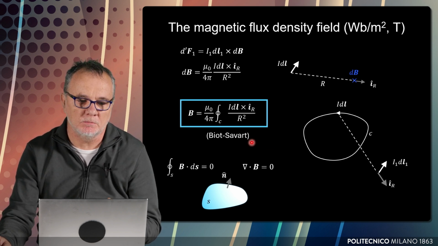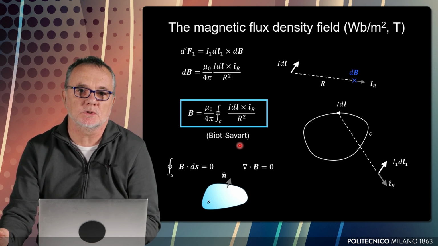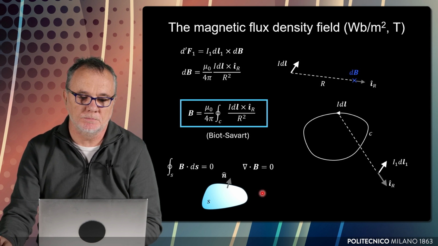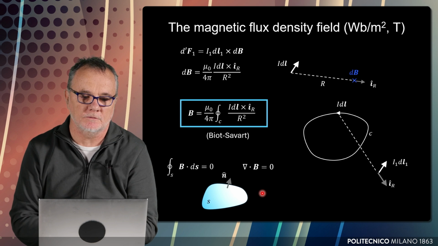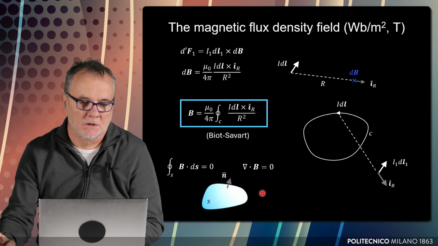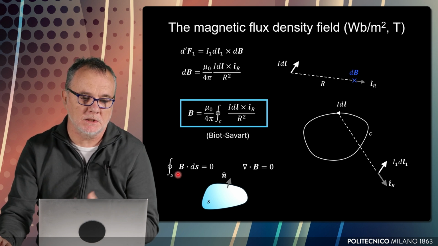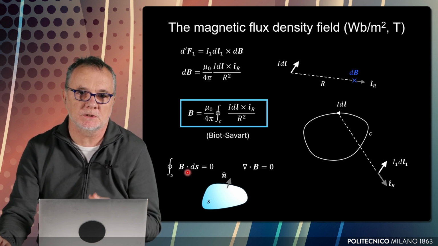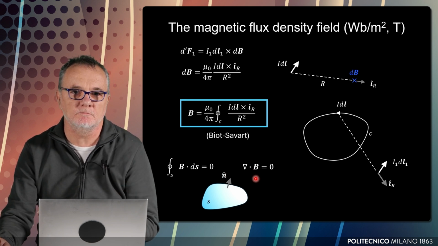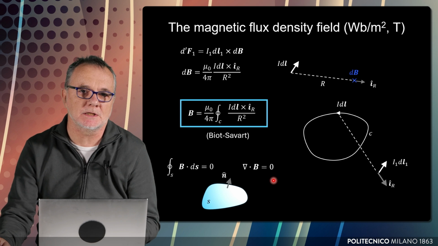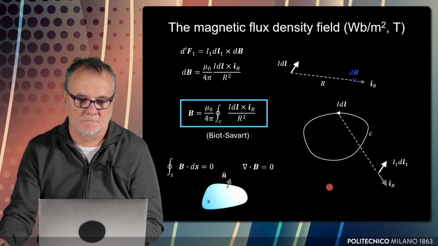And this field has the property of being solenoidal. What we mean is that if we take a closed surface in space and we compute the flux of B through this arbitrary closed surface, we obtain 0. The translation from macroscopic to microscopic is, of course, that the flux through a closed surface corresponds to the divergence, so we have that the divergence of B is 0, and therefore B is said to be solenoidal, a divergenceless field.